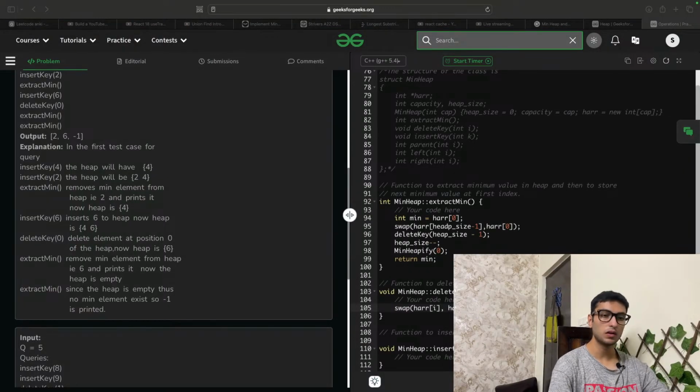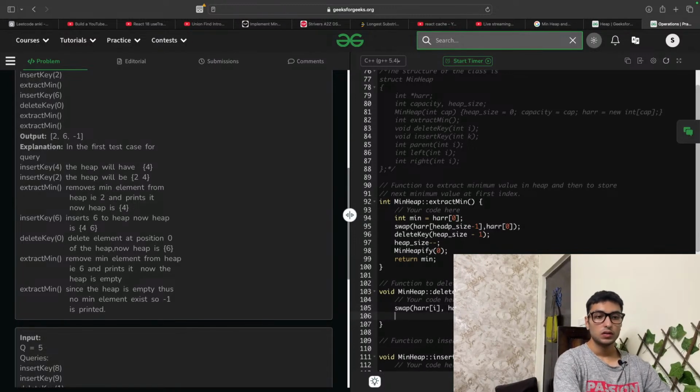It hasn't even been an hour, and I need to do at least some questions. So you swap the last element with the index minus 1. Once you've swapped both of them, what you need to do is remove the last element. How am I supposed to remove the last element then?